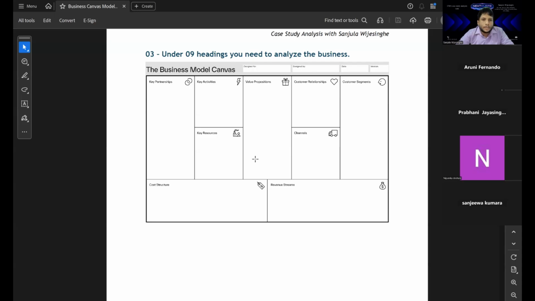Then key partnership. This is how we are going to discuss in the classroom. Wait a minute, I will come up with the